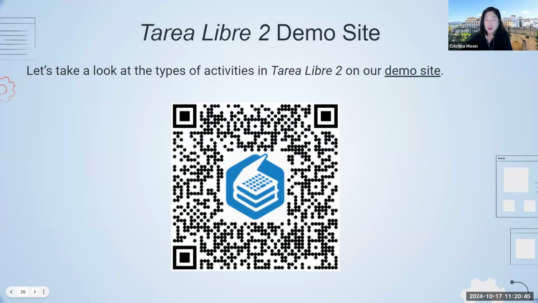And if you are interested in how Tarea Libre looks, if you have a phone you can go into Tarea Libre 2 and get a preview of the activities. We have included a little bit of everything. We have select choice, drop-down menus, and fill-in-the-blanks.